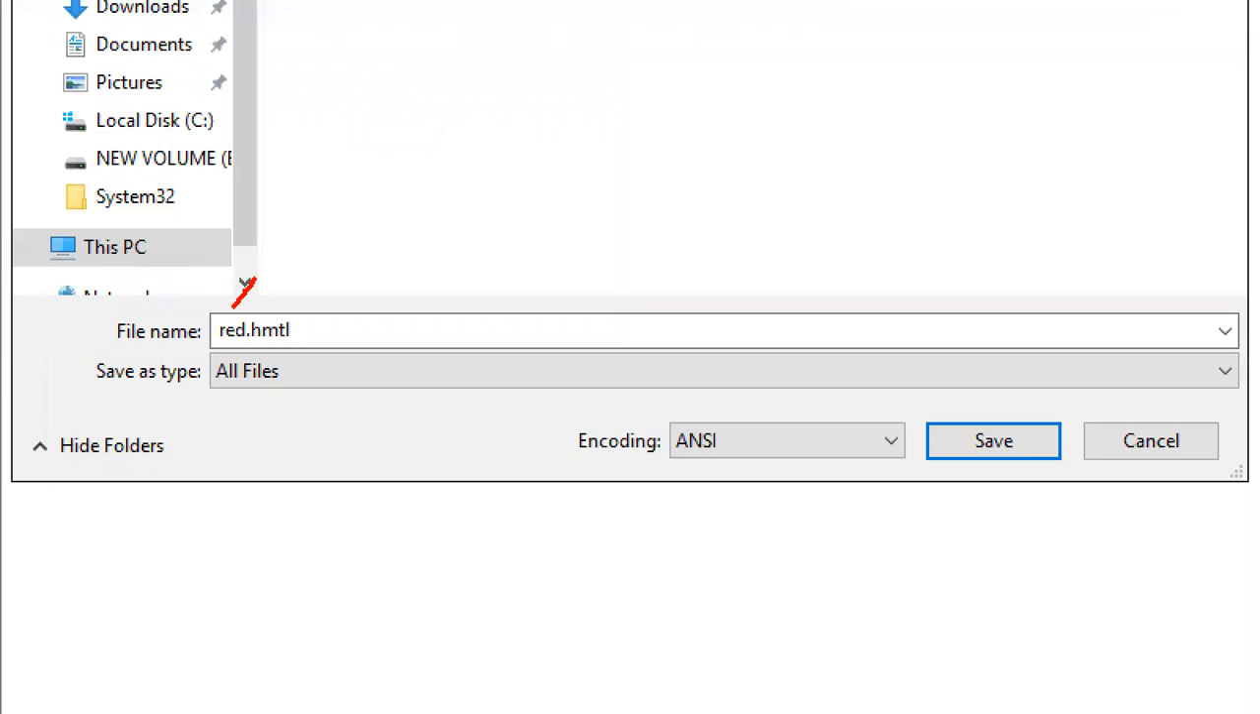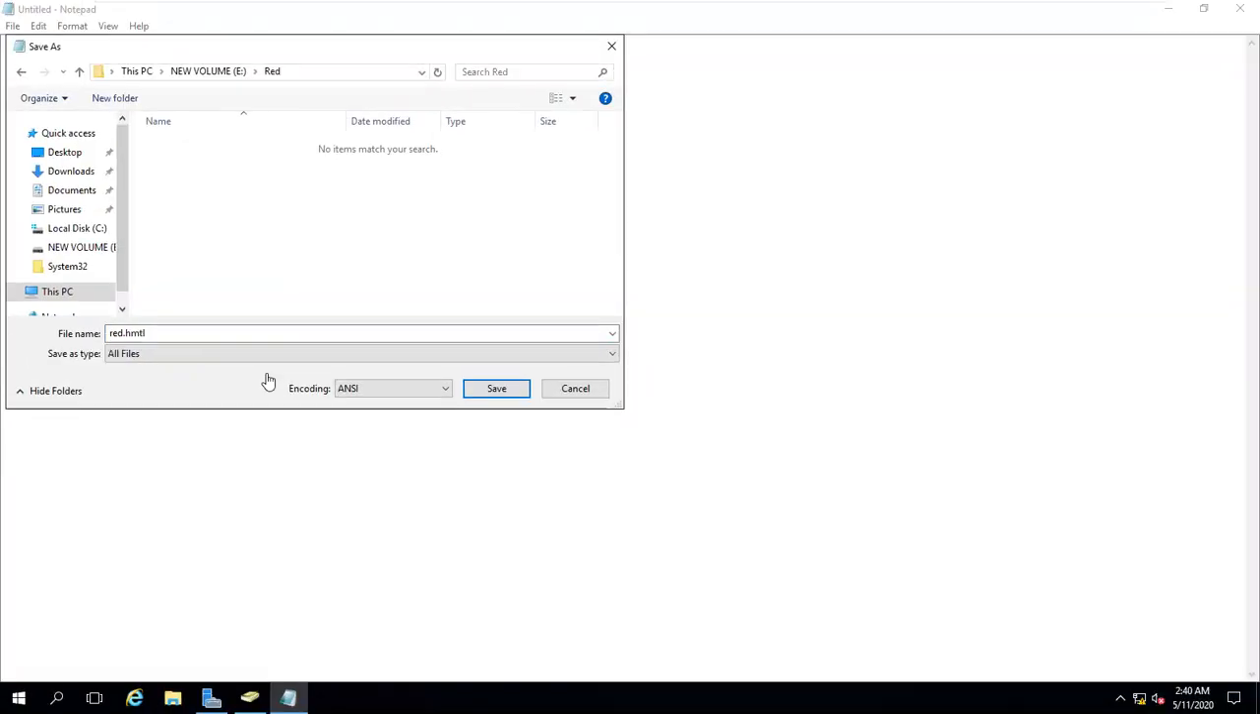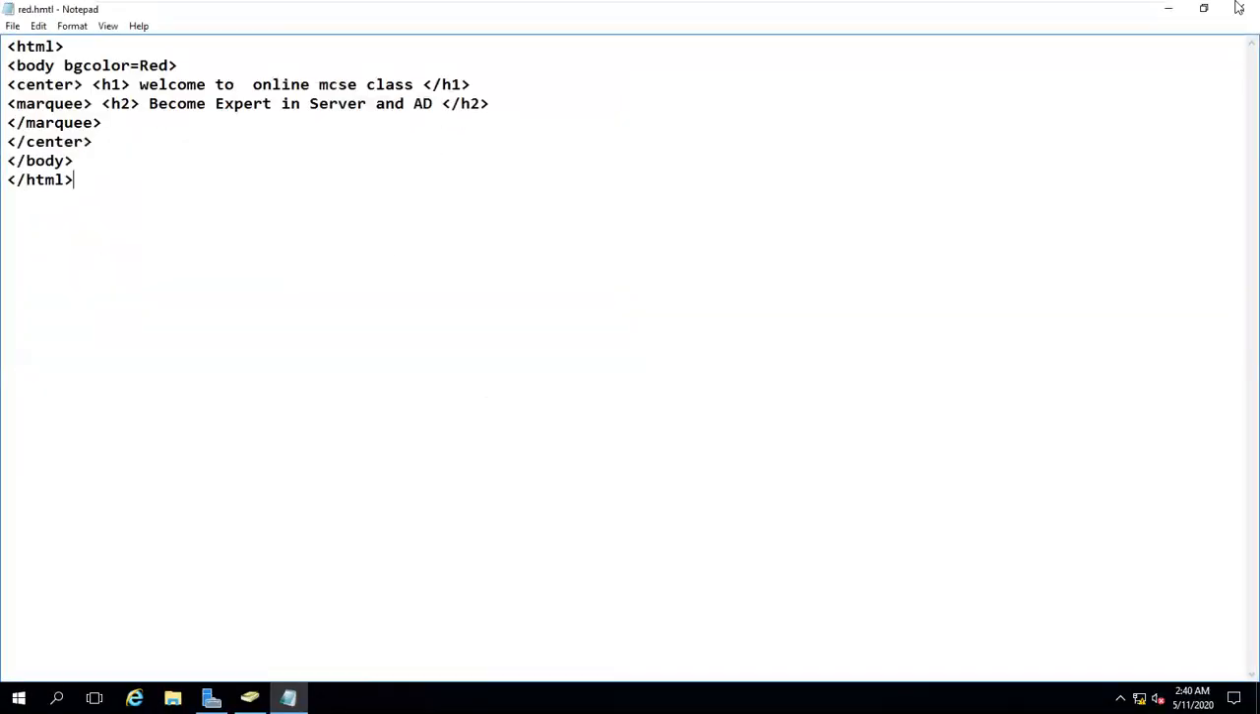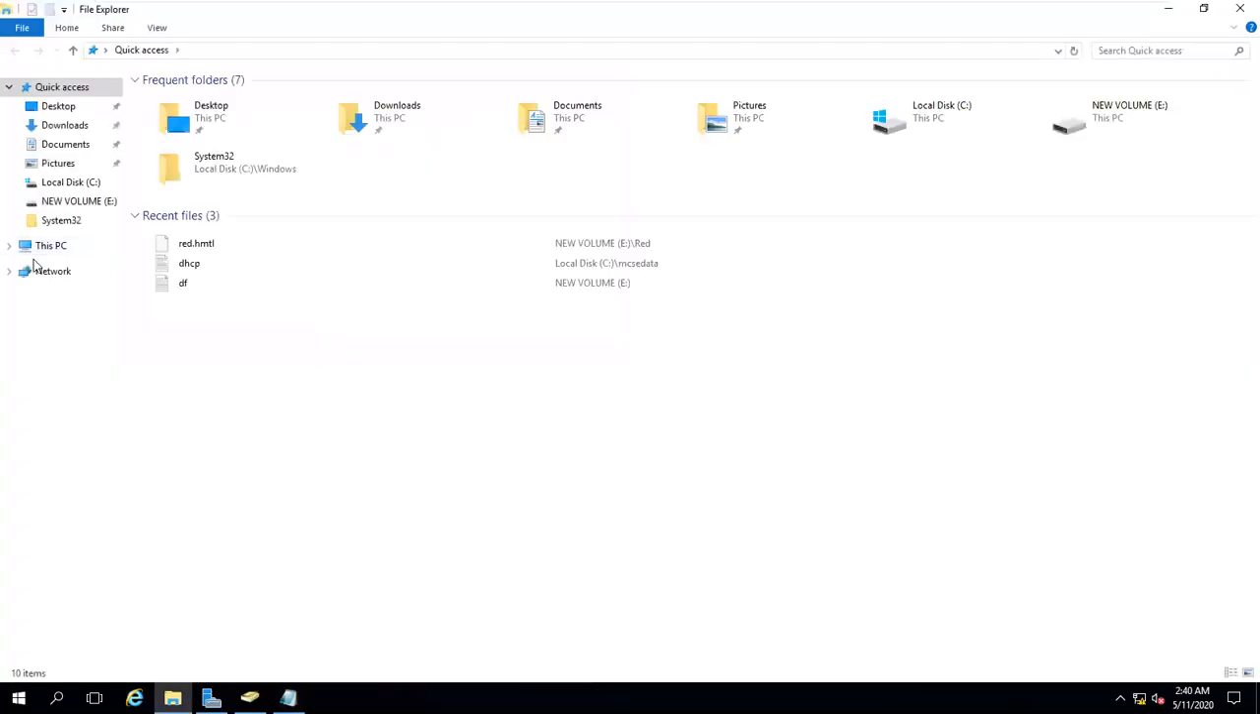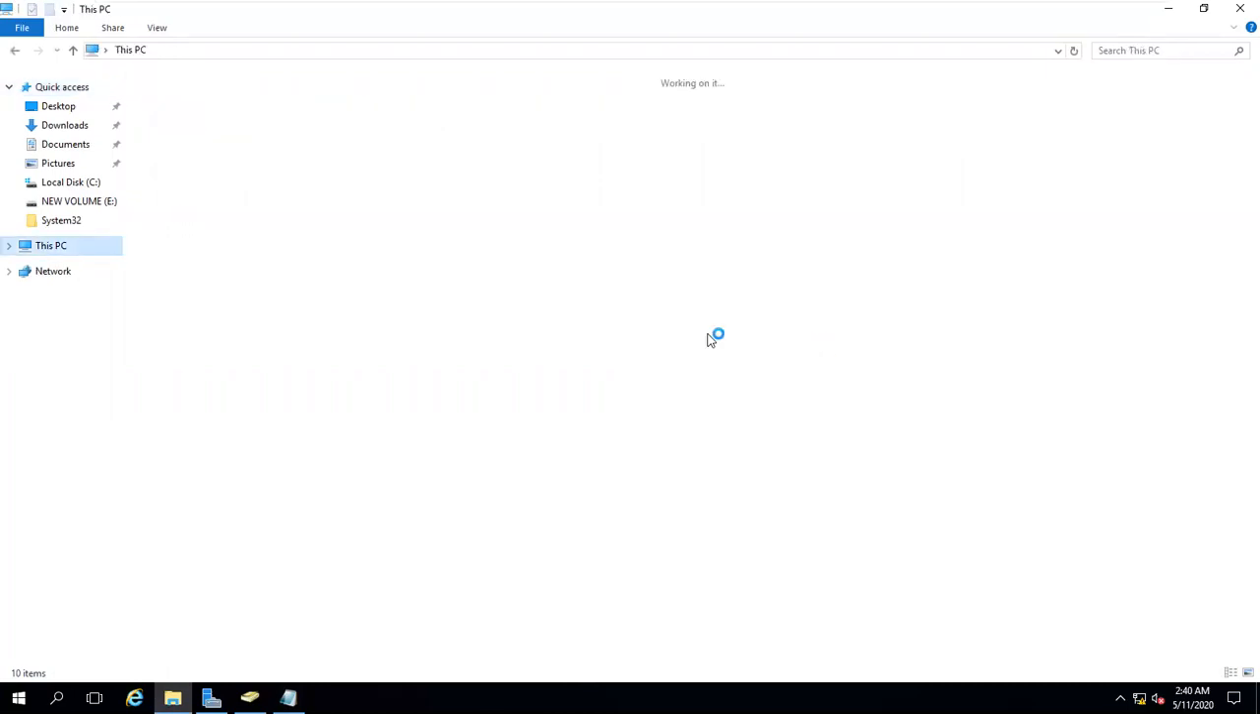Red is not compulsory. The compulsory part is the HTML part. Why? Because this is your HTML file. Now, how does the website look? When you open My Computer, when you open your E partition,